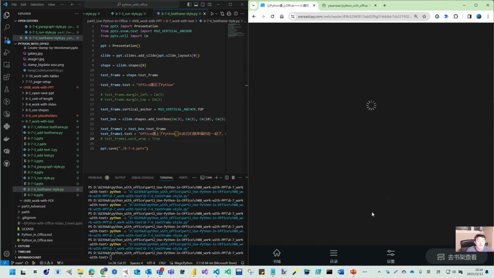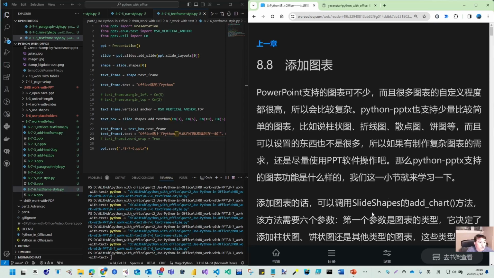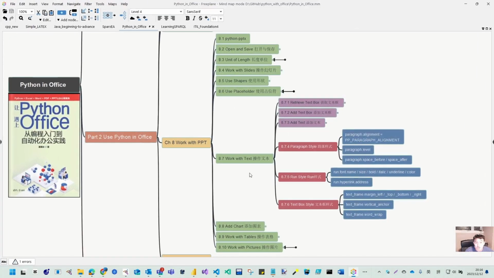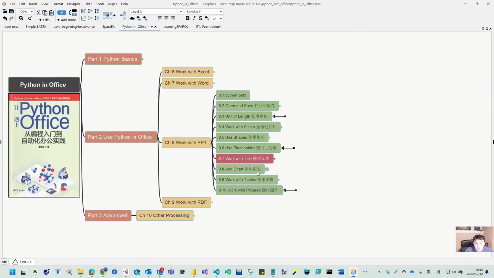Okay, so I hope you follow this pace, and we have finished the work with text until now. What we are going to do next has 3 parts: one is the chart, then the table, then the picture. After that we will conclude